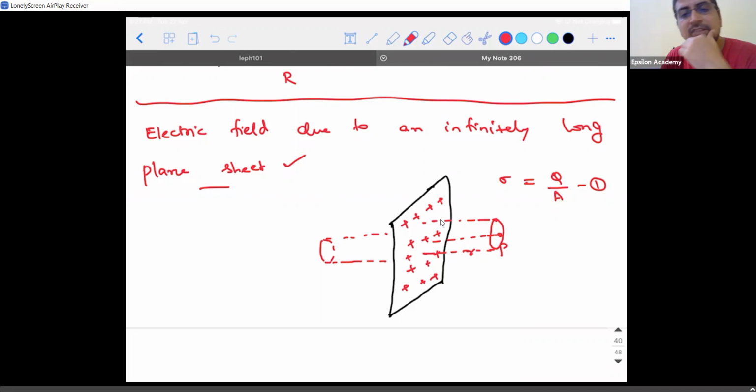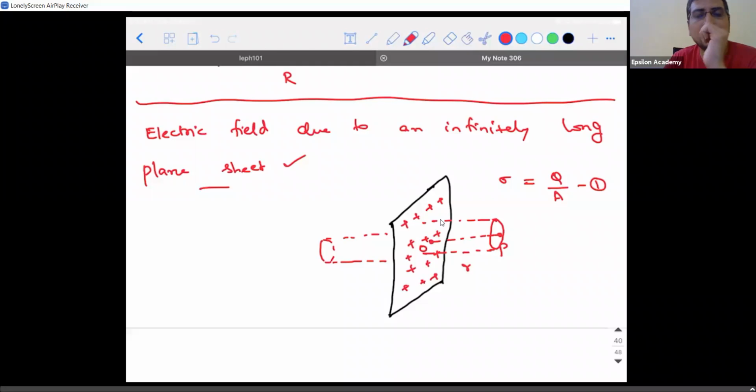Are you guys able to visualize this? Yes, sir. Right. This is a very, very tricky part. Please concentrate. If there is any doubt, get it clarified. So if this point is O, O to P is what is smaller. Correct? Now, on the Gaussian surface, what am I supposed to do?